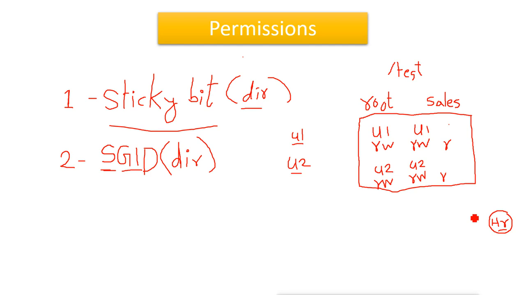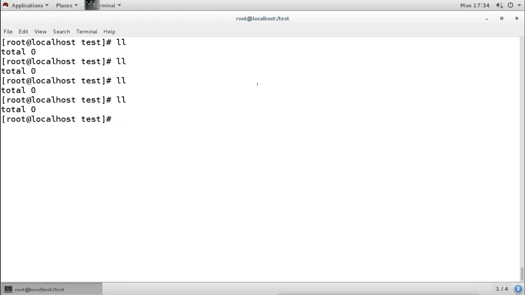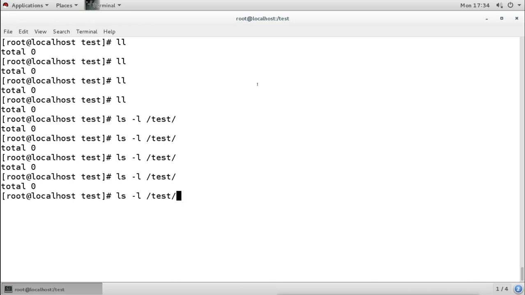First, we can do that by continuously monitoring the directory. Suppose this is the directory, so I will continuously monitor it using the command ll or ls -l on that directory. Now suppose someone creates a file, like for example user 1 creates a file. When I list it, I see that user 1 created the file.